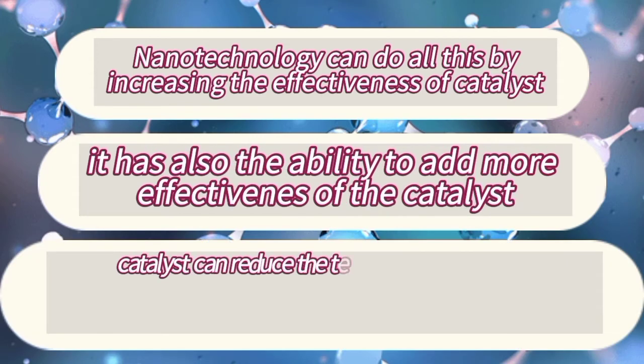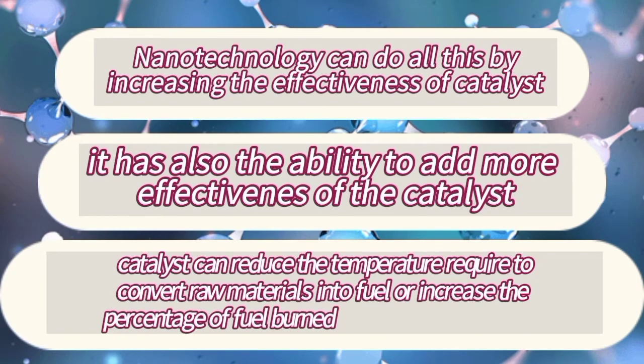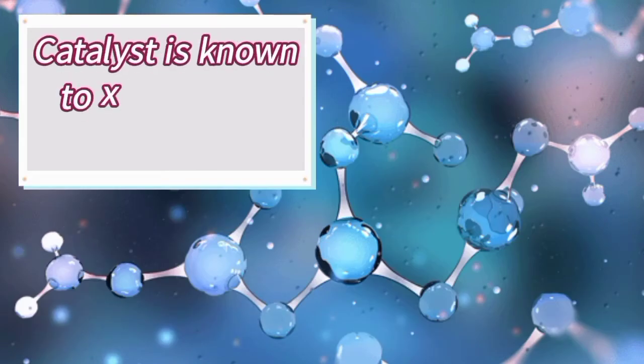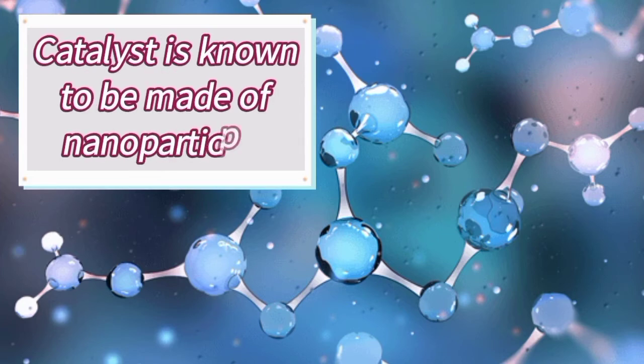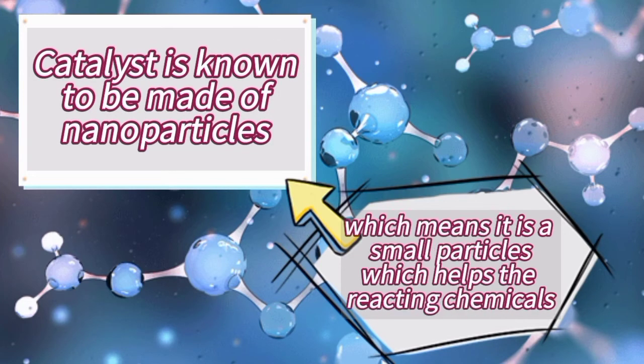Nababawasan ng catalyst ang required temperature na kailangan para makagawa ng raw materials into fuel. Meaning, ang catalyst is necessary para hindi gaano uminit yung ating engines during the process of converting the raw materials into fuel. Nababawasan nito yung init na pwedeng maramdaman ng engines during the process. Catalyst is also known to be made of nanoparticles, meaning maliliit na particles which is very helpful naman para dun